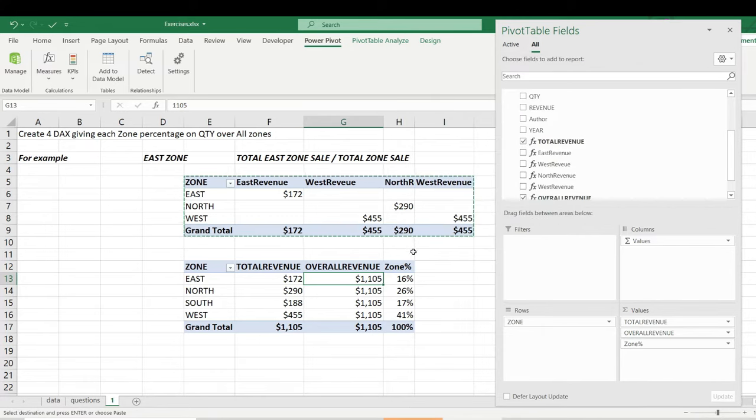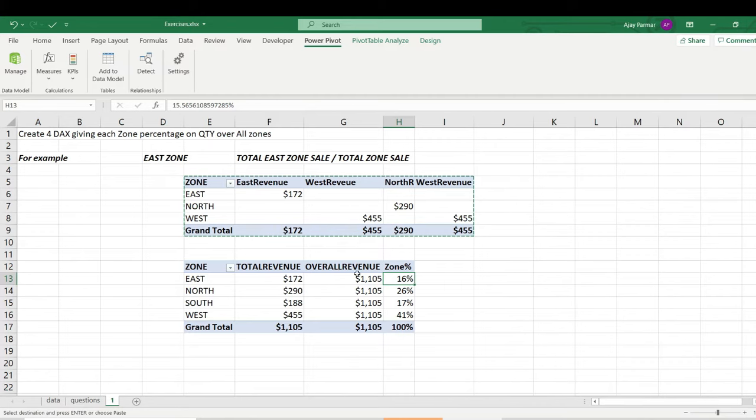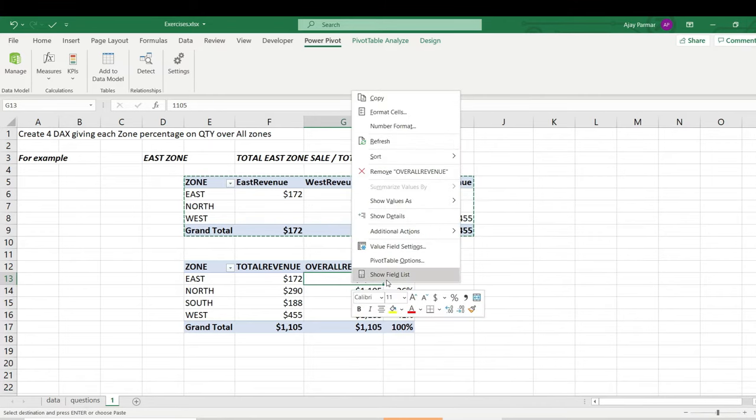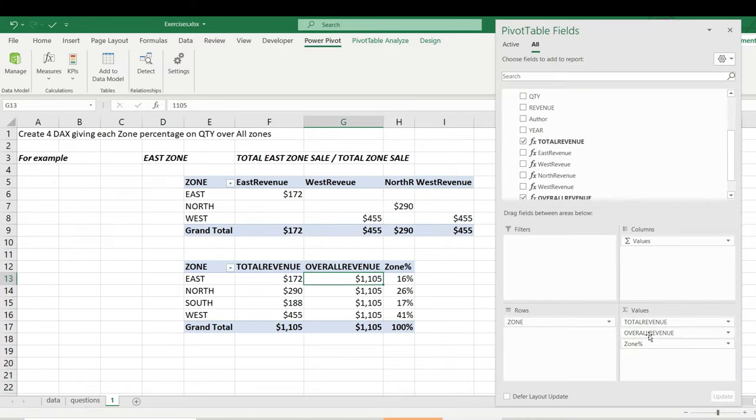So finally we have the percentage. So zone wise we can clearly see now how the things are coming. And yes, you don't need to have the overall revenue and the total revenue, but I'm keeping it for you. So we have got our first question answered. Okay, now